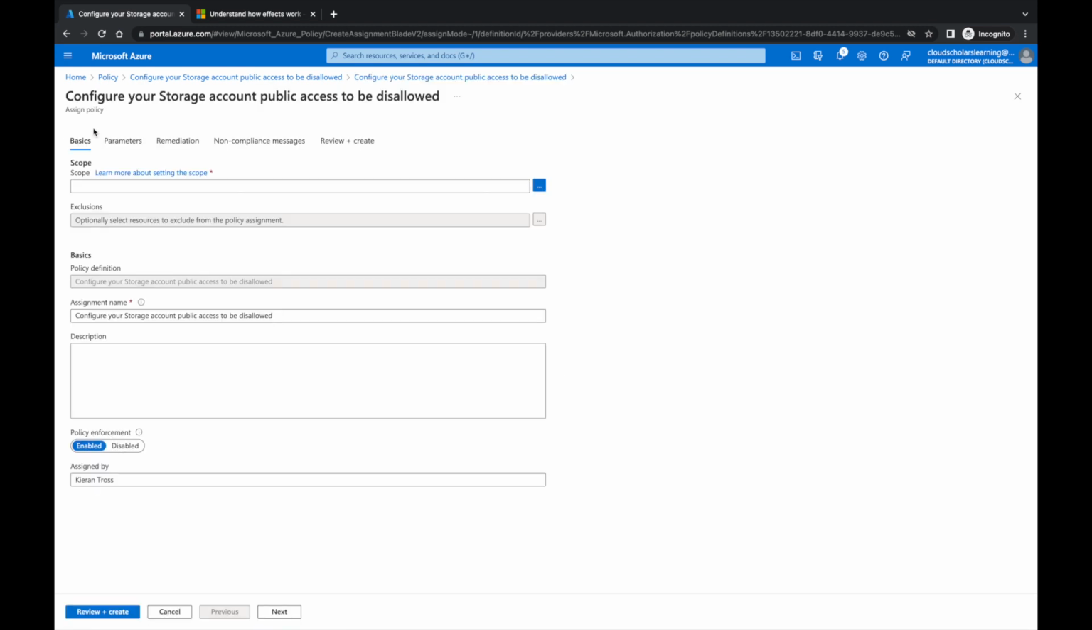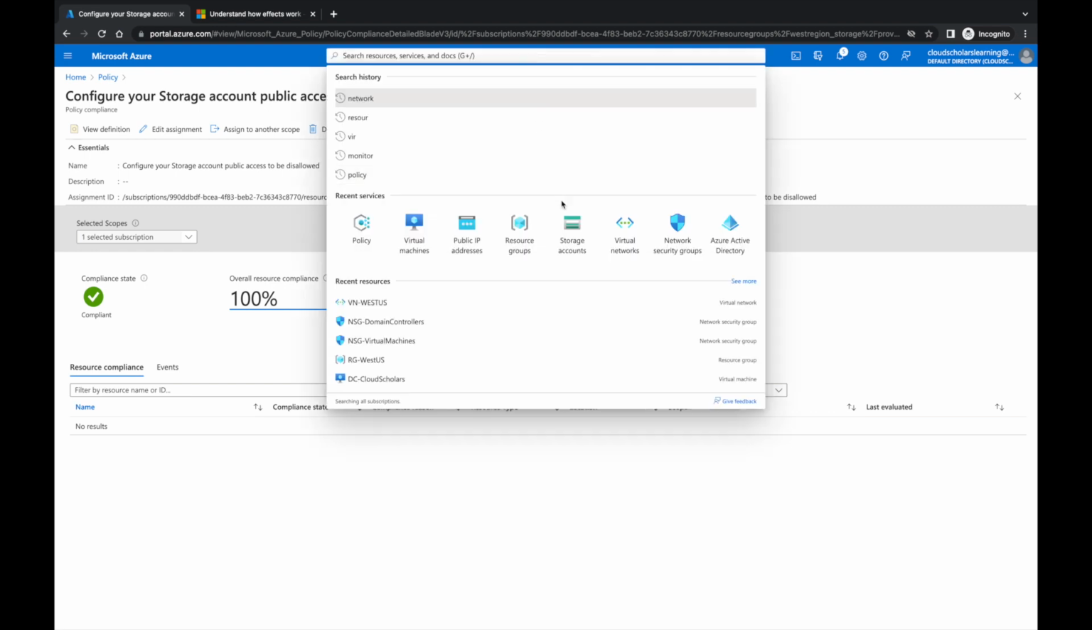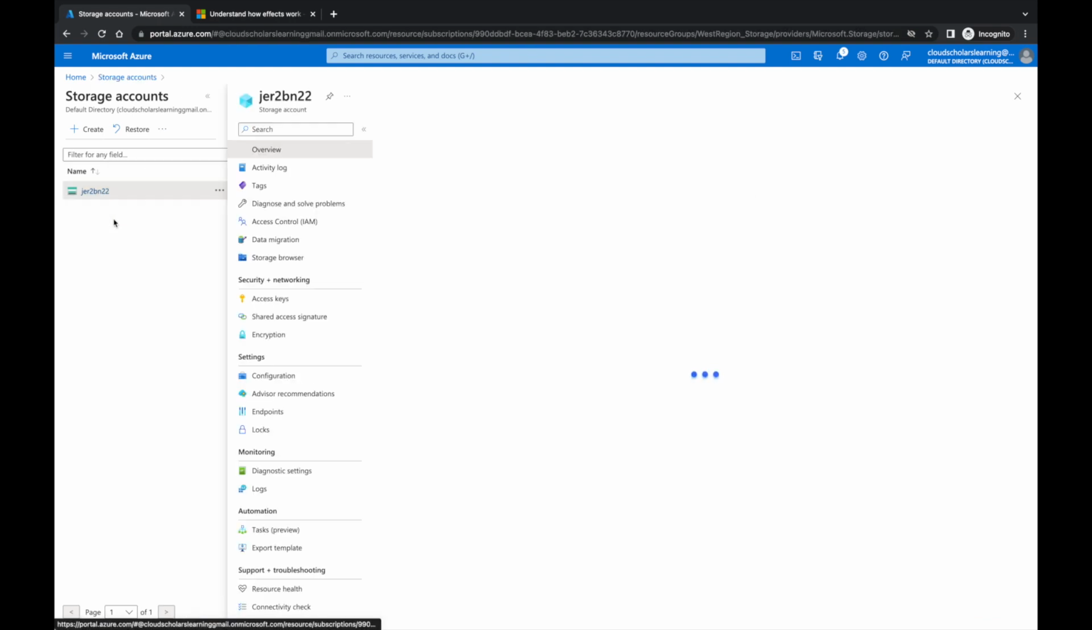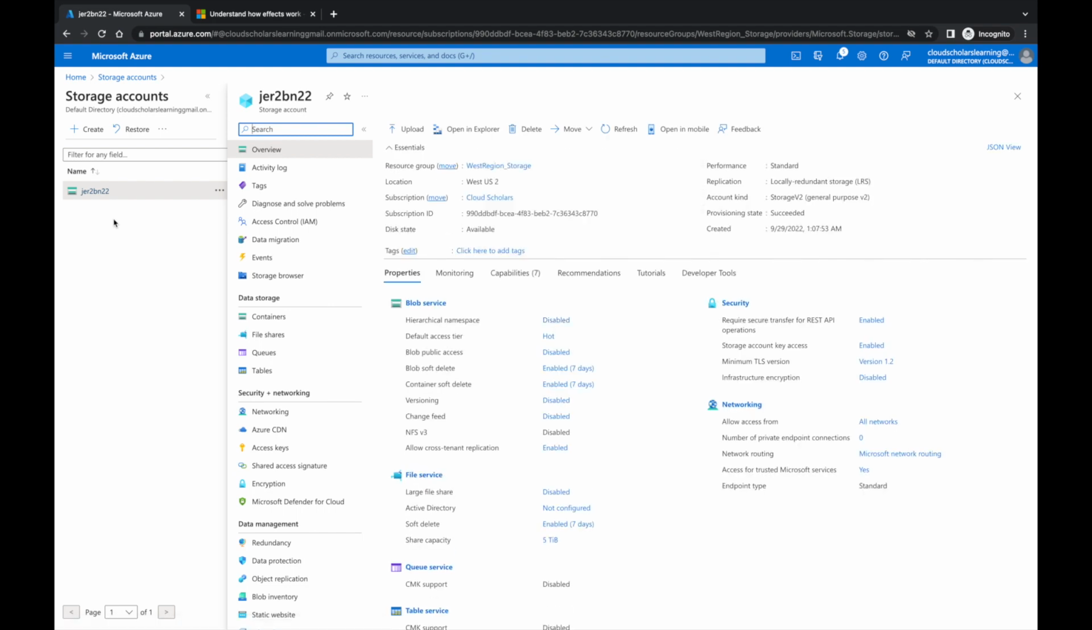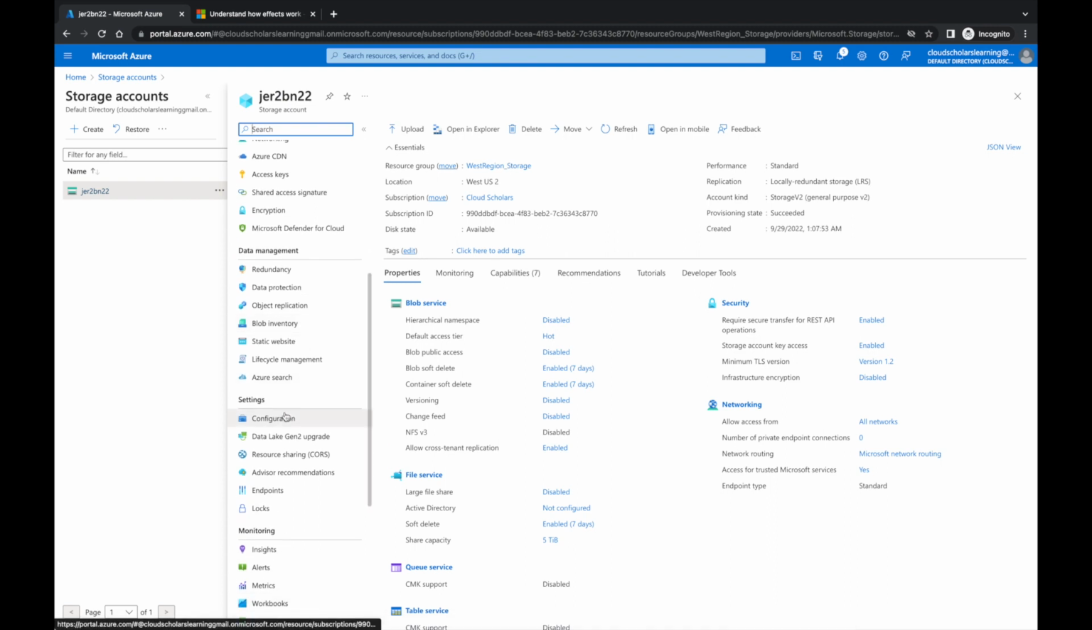Well, actually, we already have it assigned, so excuse me. Let me come back out of here. Basically, what this is going to do is configure storage account public access to be disallowed. So let's go to our storage account that's in that resource group, West Region Storage. So here we are, and this is just a made up name. If I click on this storage account and come down to settings and go to configuration,